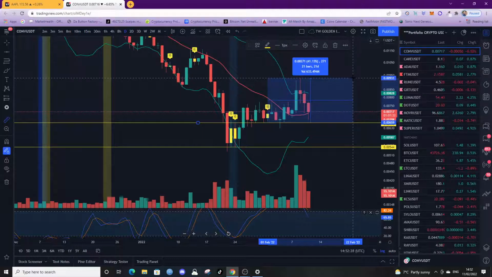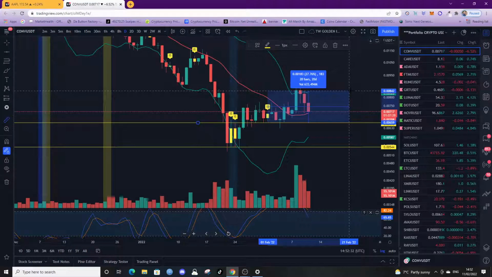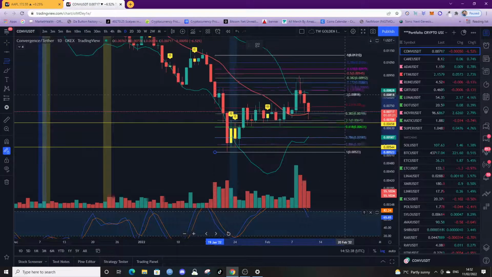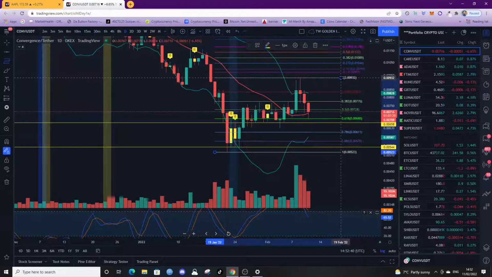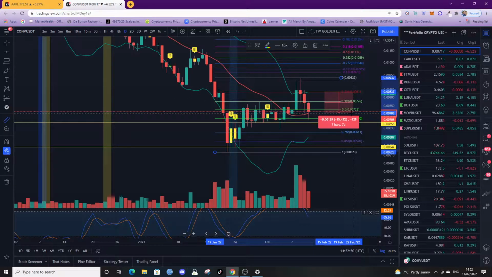It sold up here, or even in the middle of that high wave candle, and you would have made 27%. Got a fib. Put a buy order on a 618. And even if you sold in the middle there,